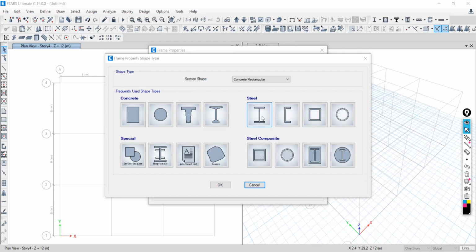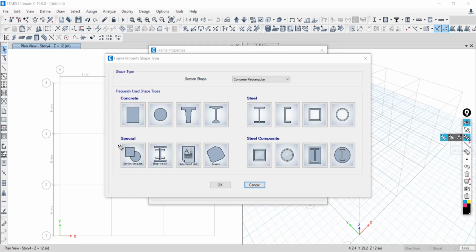If you want to define steel, steel will be there only: I, C, hollow box, hollow circular, like that. If you want to define special section, special section is also available, as per your requirement, as per your defined geometry.